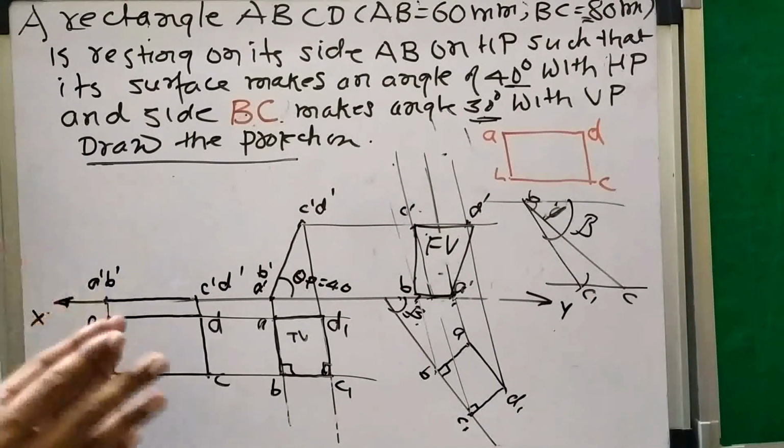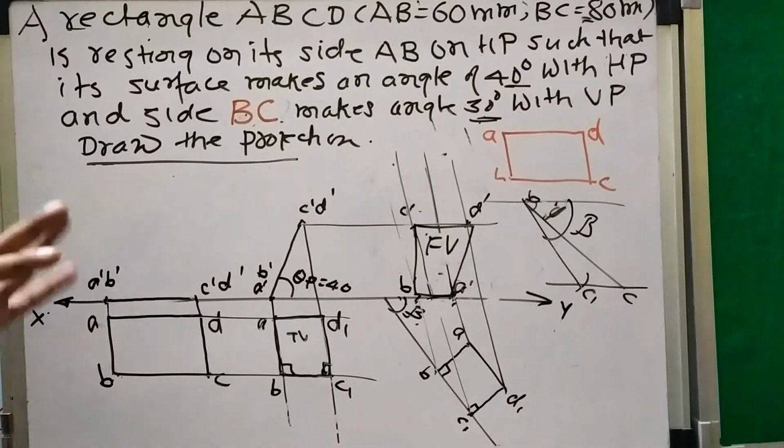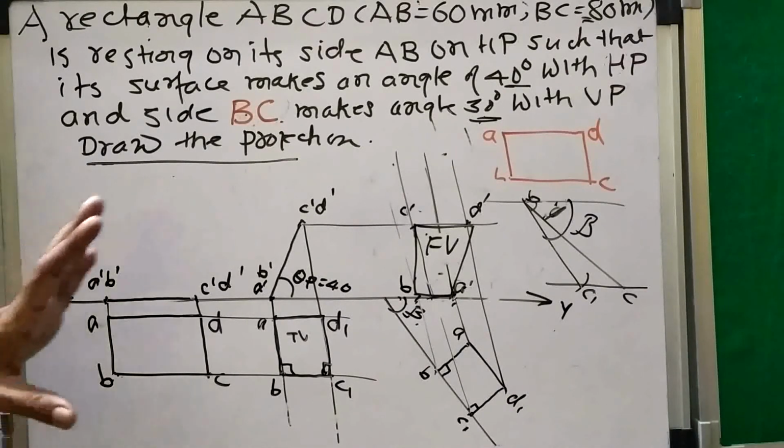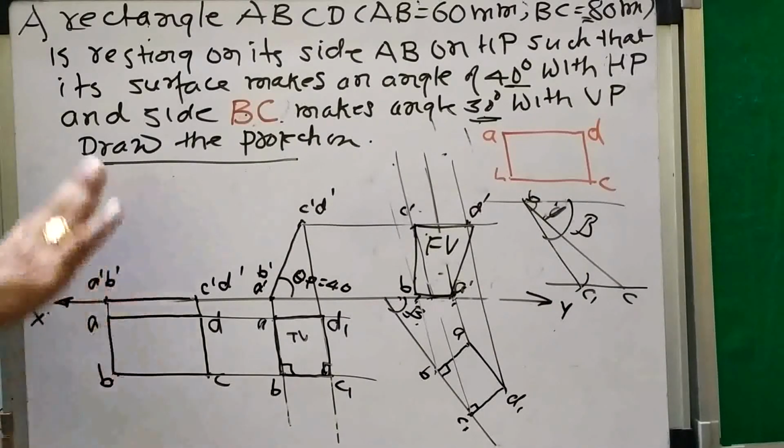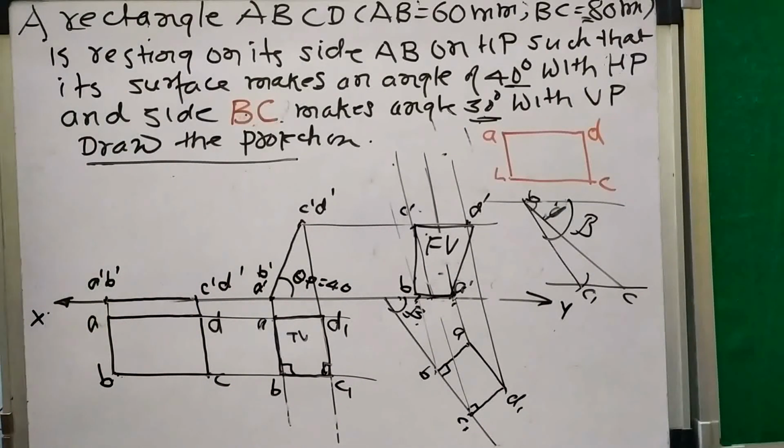So this is the subcategory in this problem. Sometimes instead of the original angle, in some cases you have to find out the apparent angle and then proceed. So according to the data you have to take a decision whether you have to find out the apparent angle or not. Now the general procedure you have to understand. These are the three basic problems. Now in these problems some additional problems can be created. How this additional problem is created, that we will see.